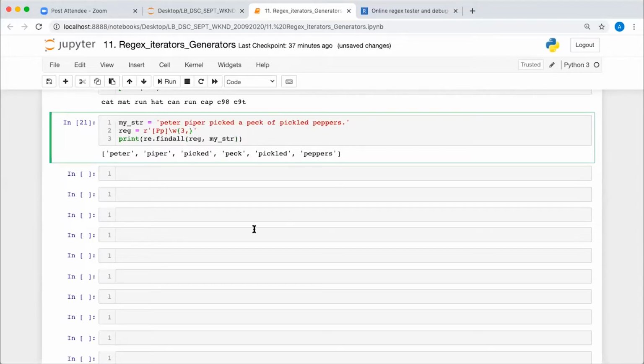So now let's say if you will be writing 3, 4, then what will be the length? 4 to 5 maximum, right? Not more than that. So you can see now what we are getting. We are getting pickle and then paper. So this string is splitted, correct? But what I want is only the individual string. So I'll be writing \b and \b on both the ends. So it will be taking only the individual words or the individual string. That's it. It will not be splitting this string into the result. Clear, everyone?